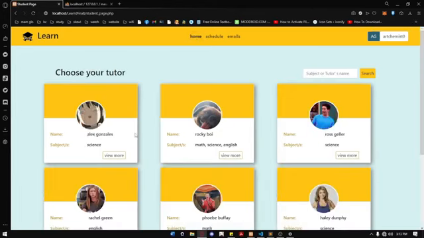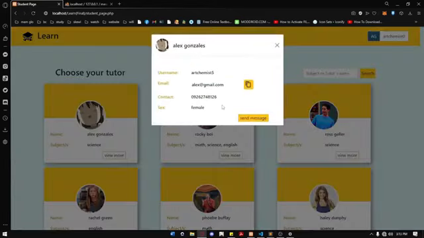And if you know someone who is tutoring in this website, you can type their names instead. As you can see, only their names and the subject that they are teaching are shown. But if you click the View More button, more details of them will appear. You can see their username and their email address, with a button that, if you click it, will copy it to your clipboard in case you want to contact them through email. And if you want to contact them using their cell phone numbers, you can use this one.